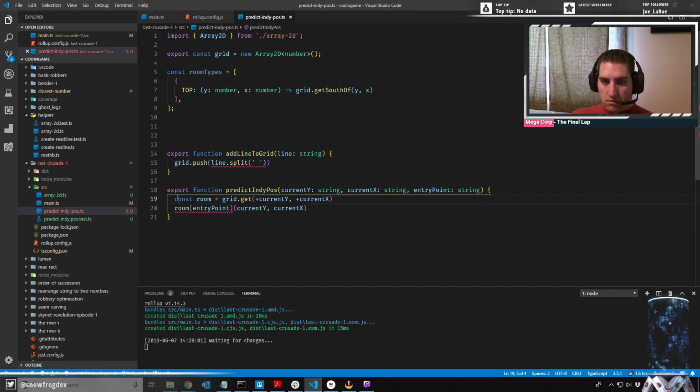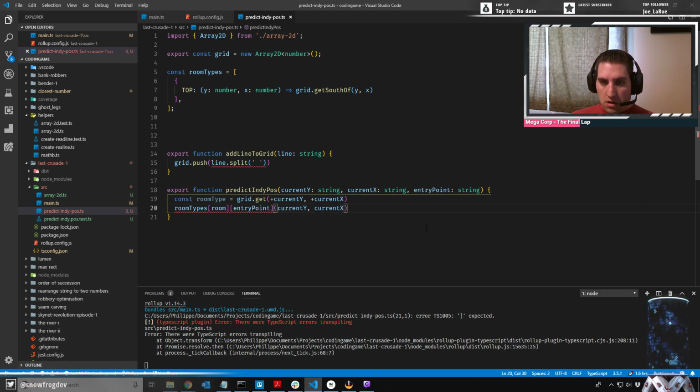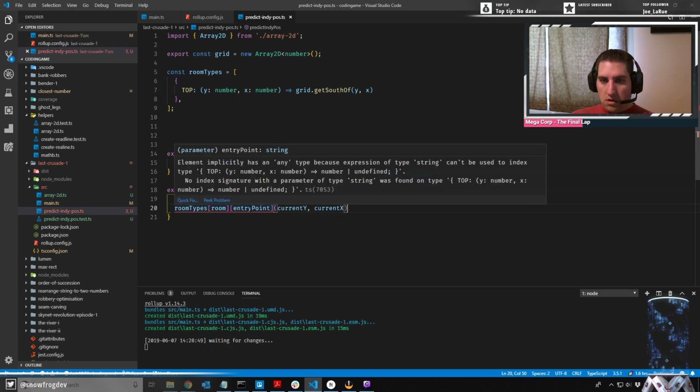And now with our room number, why am I saying room like this? That's not right. What I have to do is access room types, room. So let's call this room type. And then go into the room types array, look up for the room, then the direction, entry point, and then